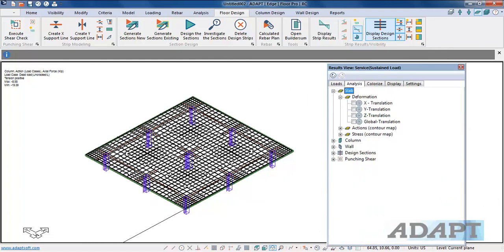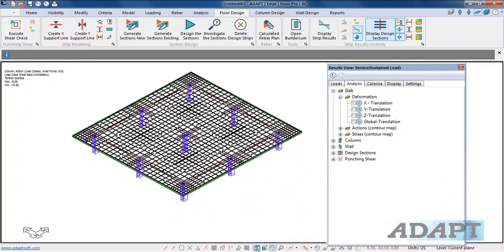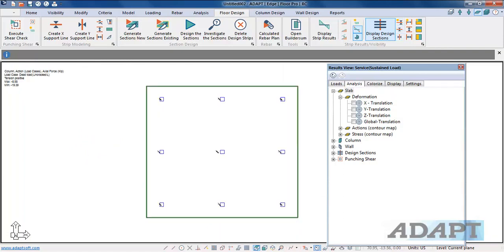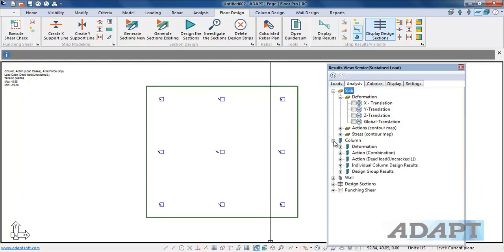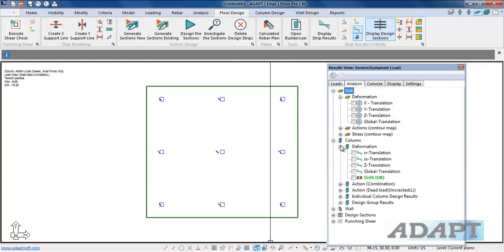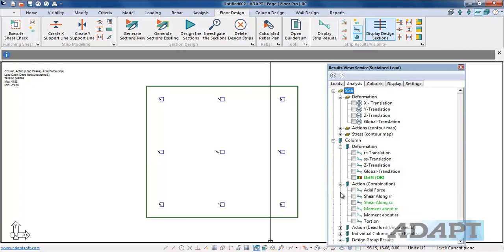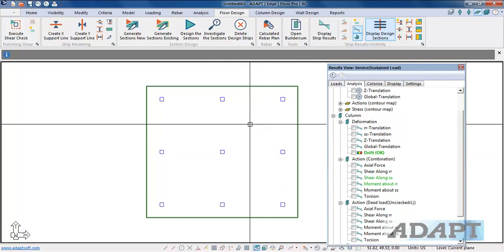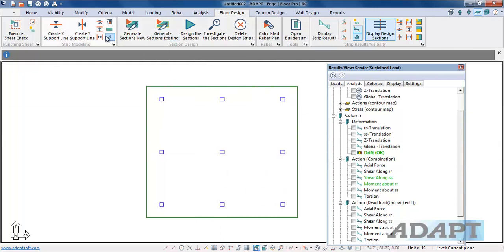Another thing that's available in this upcoming version of the program, I'll go ahead and just clear the display. If you have the need to create a manual design cut, let me turn off the column actions here. I think we had on the case actions. Let's turn those off. Okay, so if we create a manual design cut, and I'm going to use the option